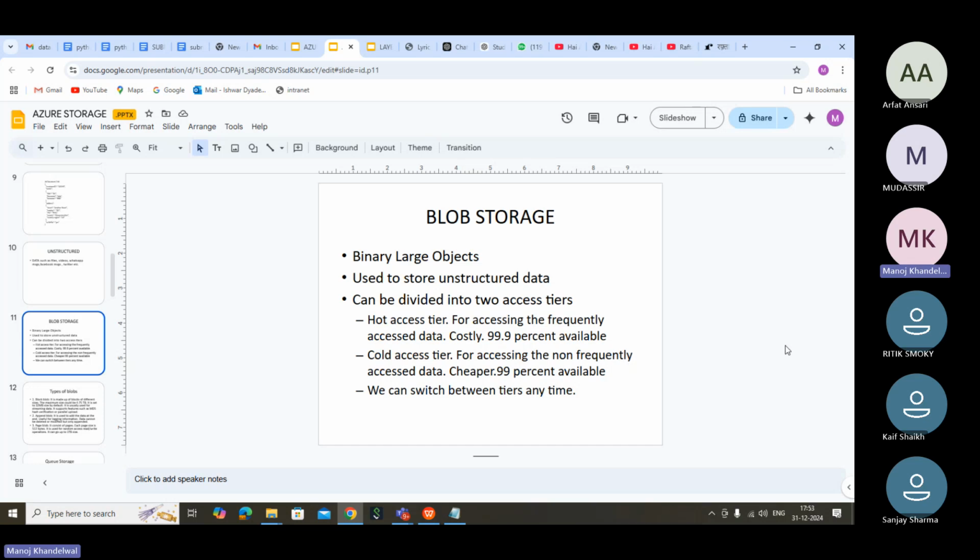Sometimes we keep the resources shut down. Yes, for cost cutting you have to be a miser, you know. You should know which data is important to you, and make that hot access.